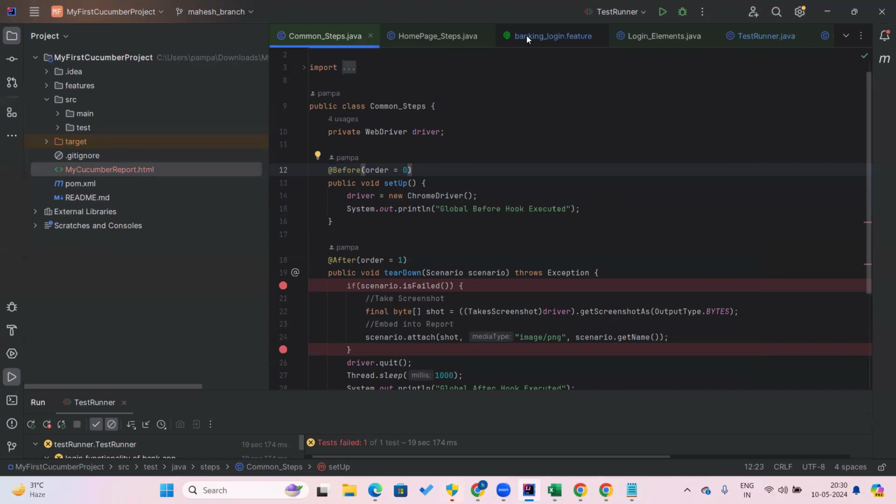And I have another application called banking login. So for this feature, I will use bank login. I wanted to have code for launching the URL in the Before tag itself, but I need two Before tags because I'm using the same code for two different applications. So in such a case, what we can do is go to the common steps,